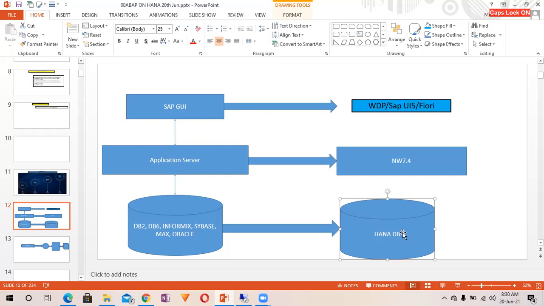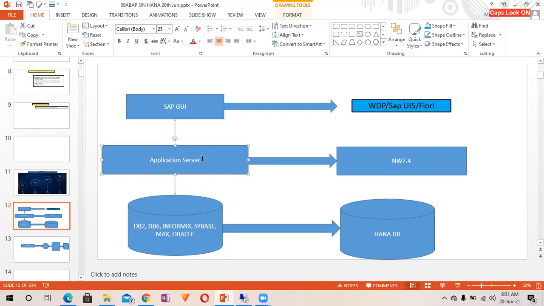So what we understood as of now is that previously, when we were not having the HANA DB, first we used to fetch the data at the application server layer, and here we used to process the data, whether it is aggregation or business logic, right? So aggregation means sum, min, max, count, average. These are the aggregate functions we have, which we use in order to do calculation. So that's why earlier we were not supposed to use the aggregate function, right?